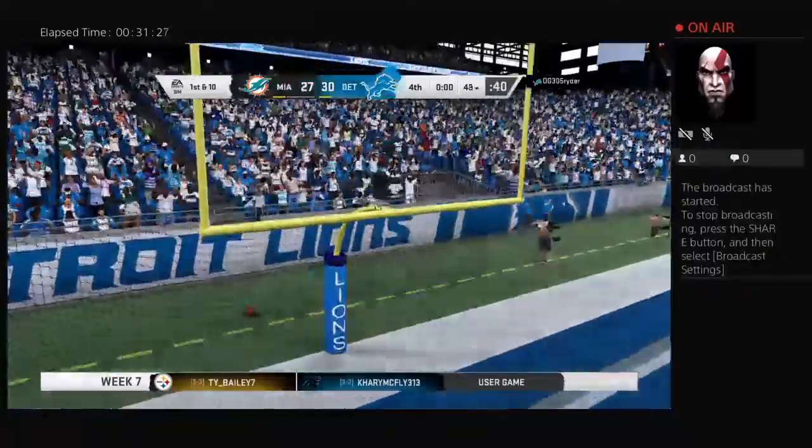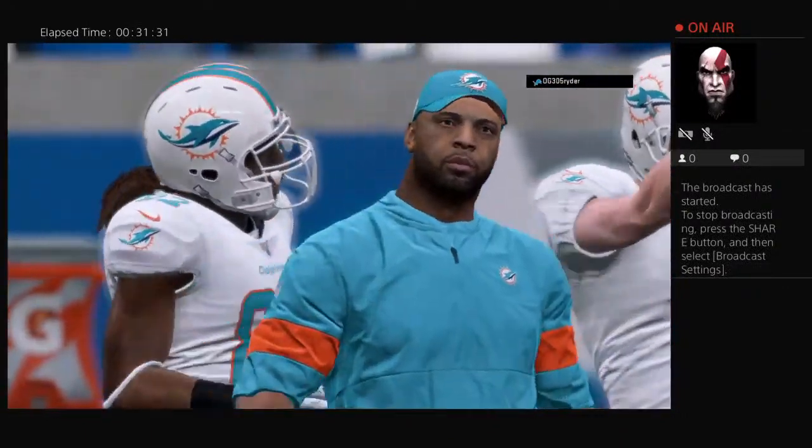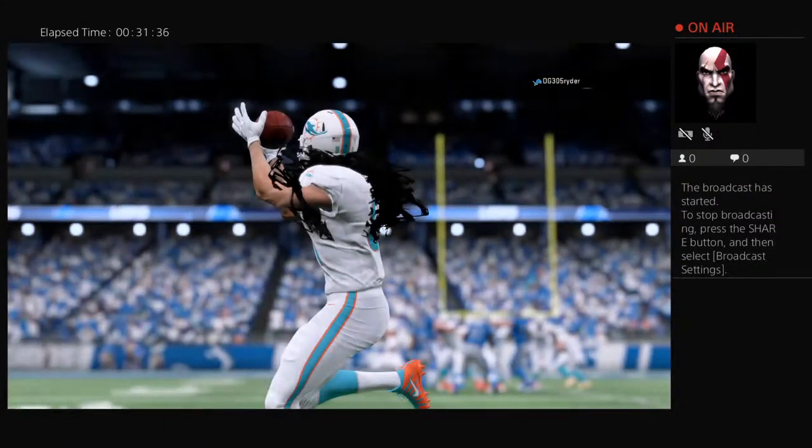And this doesn't get there. It's no good. They had to go for it, but their final effort here is going to come up short. So this one's over. It's a win for the Detroit